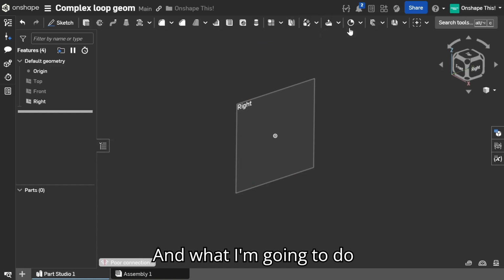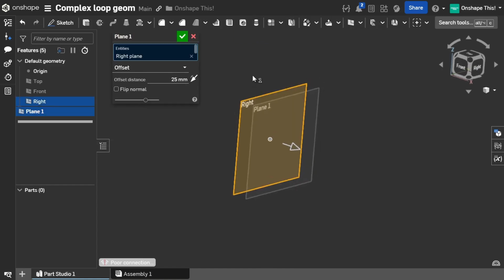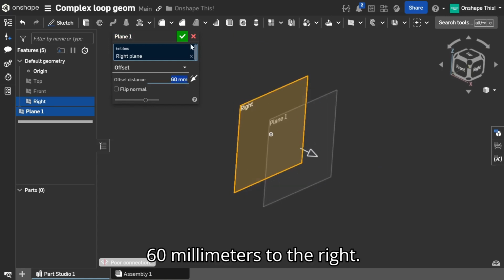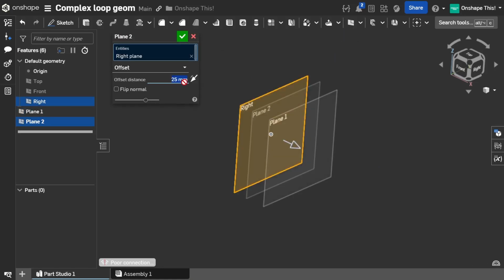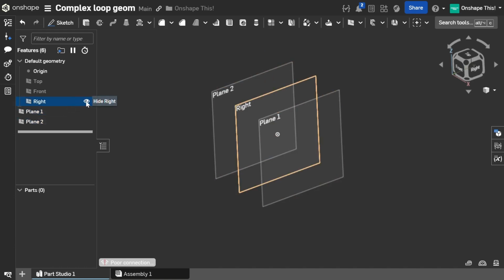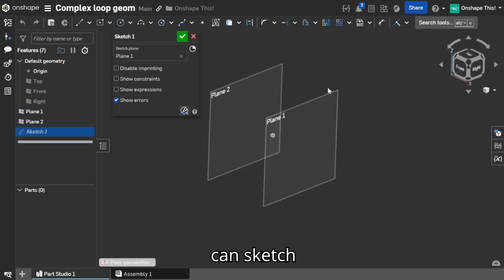And what I'm going to do is offset the right plane 60 millimeters to the right, and then do that again 60 millimeters to the left, and hide the right plane. Now I can sketch